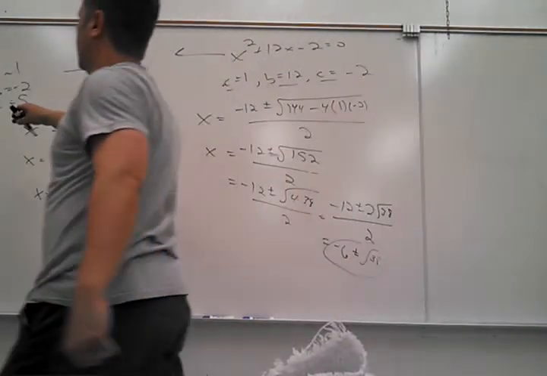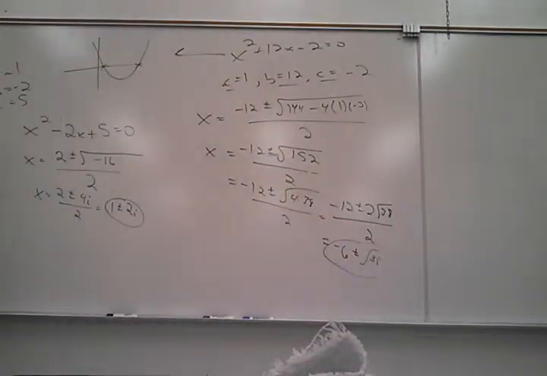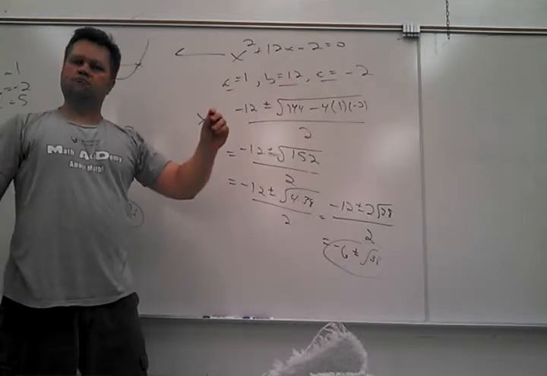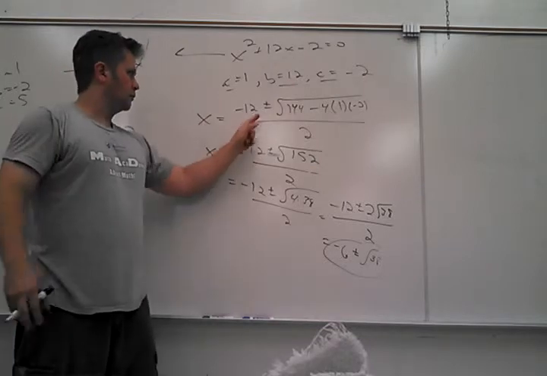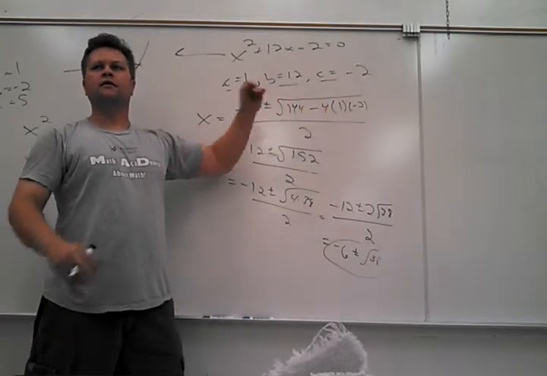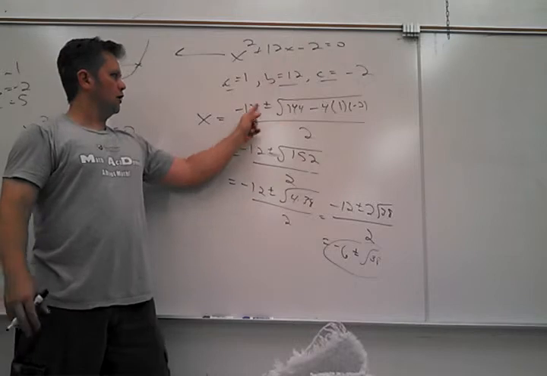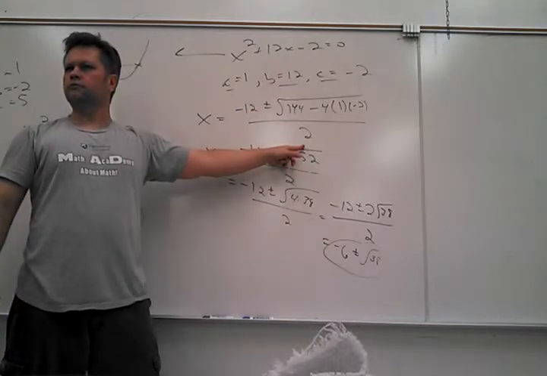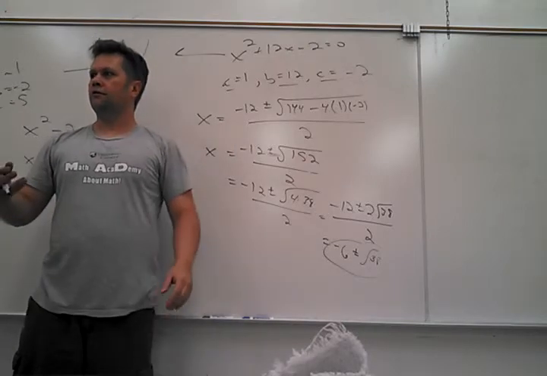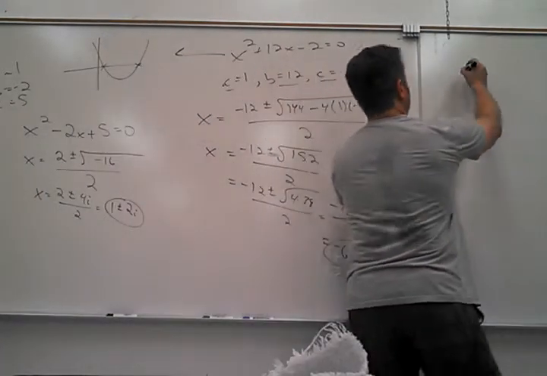Do the same thing I just did here. To have imaginary answers, that has to be less than 0. To have real answers, that has to be greater than 0. What's the part of this equation that gives me 2 answers? What really is it that gives me 2 answers? The plus or minus. So if this piece here was 0, I would get 1 answer. So if I have a situation where b squared minus 4ac equals 0, I'll get 1 answer. So if I had a problem like this,